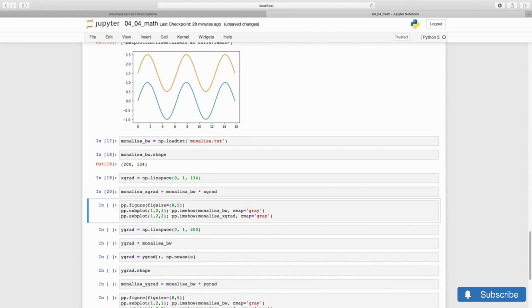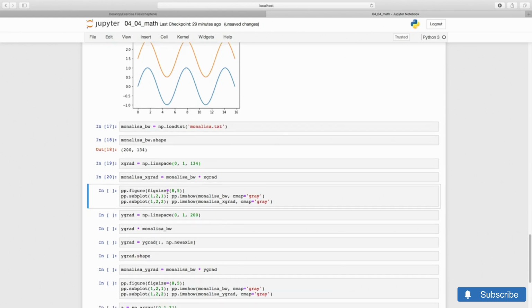I want to show you the result side by side with the original image, so I need to do a little work with Matplotlib. I will start with a larger figure size, and then I set up one row with two plots using subplot. The arguments to subplot go: one row, two columns, and then the subplot that I want to make.